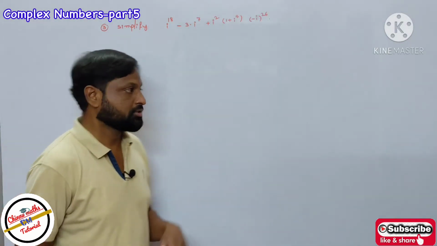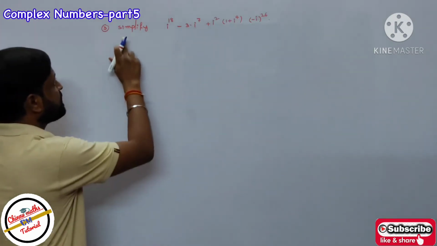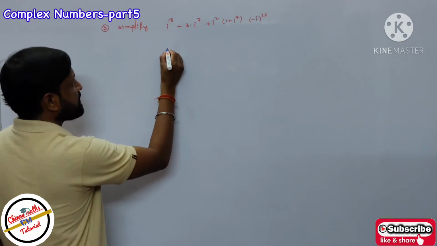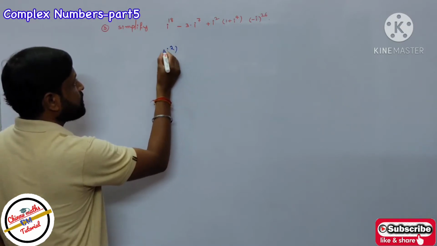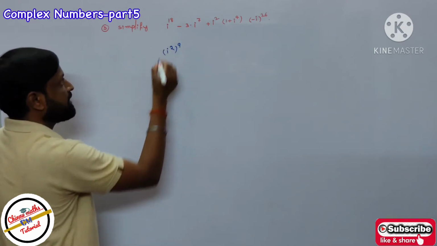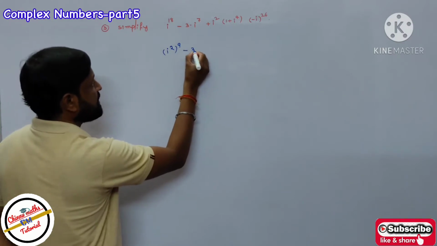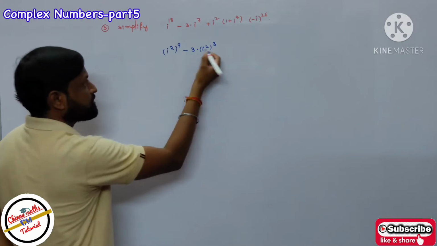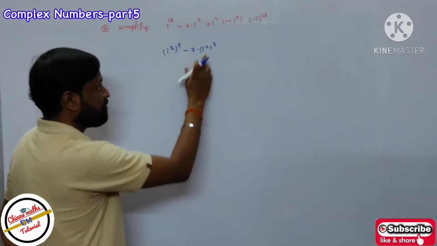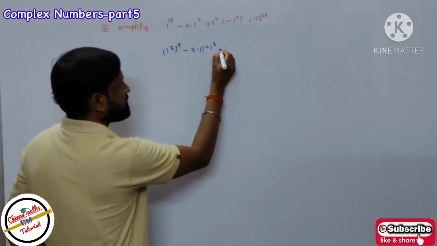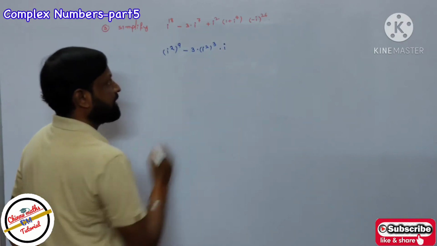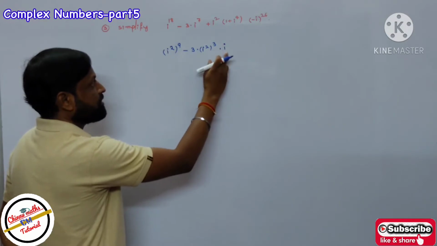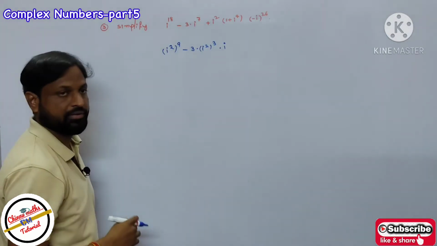We discuss the next question, same problem. Simplify this value. So i power of 18 can be written as i power of 2 to the power of 9, 9 to the 18, minus 3 into i power of 2, i square to the power of 3. i square to the power of 3 means 3 to the 6, i power of 6, but here i power of 7, so that is why I multiply by i. So then i power of 6 into i power of 1, bases are equal, you should add the powers, you will get i power of 7.